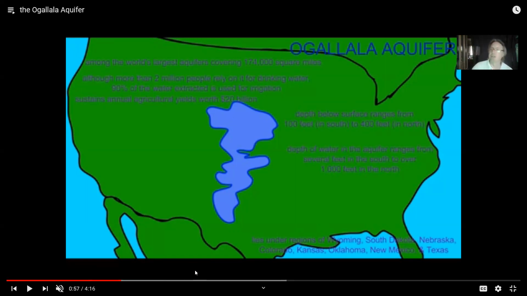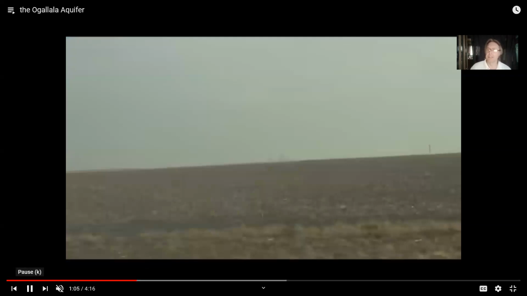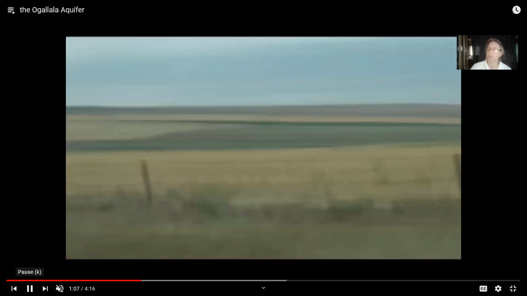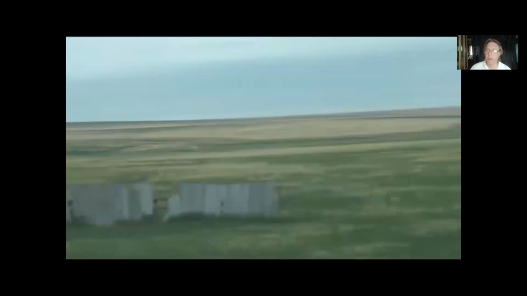How far down do you have to dig to reach the aquifer? Well, maybe 100 feet in the south, maybe 400 feet in the north. And so here's just an illustration. So if you were to drive, say, along Kansas or along eastern Colorado or many places of the Midwest, you might find areas like this where it looks certainly very dry and arid. But that every now and then you'll come across green patches where there's a patch where a lot of crop is